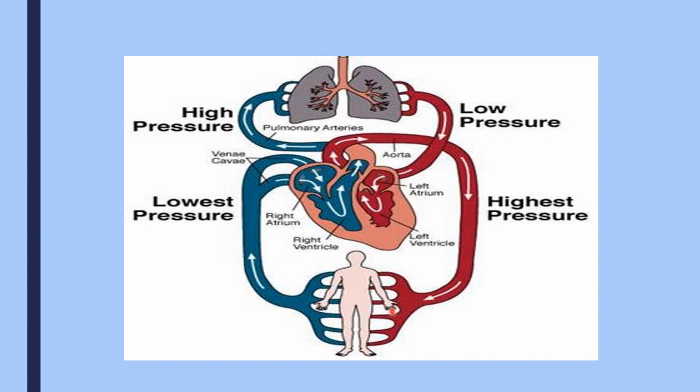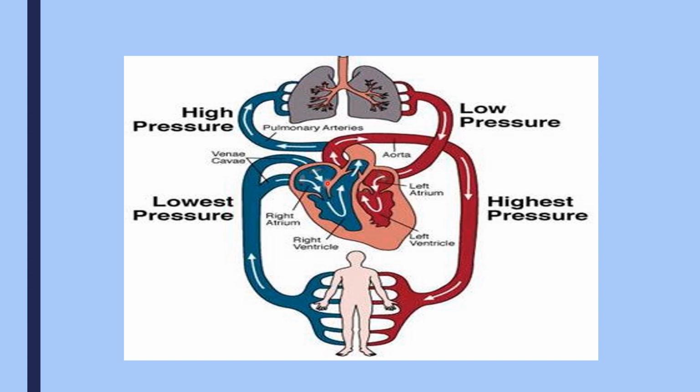So now let us see the mechanism of blood circulation in the heart. This begins with the relaxation of the atria. When the atria relax, the ventricles contract. And what happens when the atria relax? When the atria relax, the vena cava will bring deoxygenated blood into the right atrium, and the 4 pulmonary veins will bring oxygenated blood into the left atrium. So the blood is brought into the right atrium and the left atrium, right?